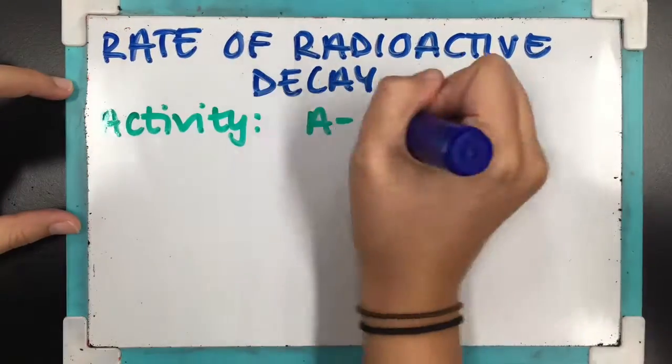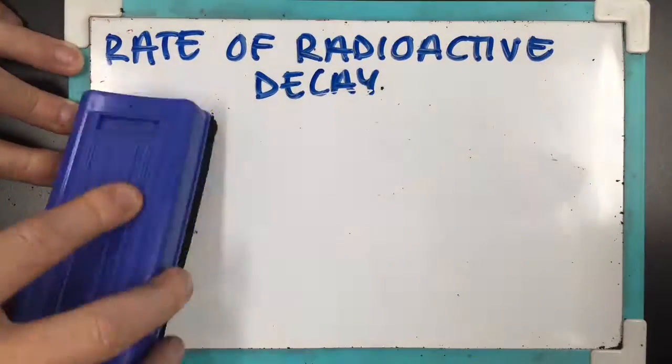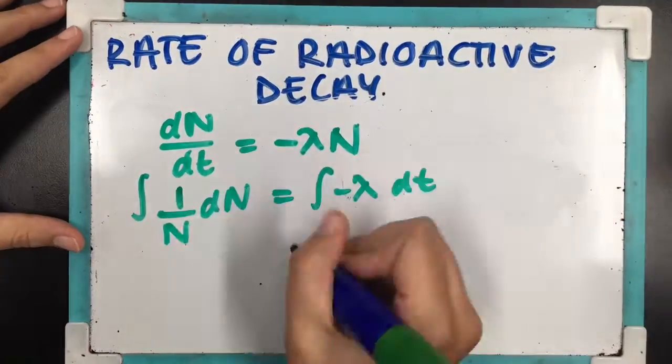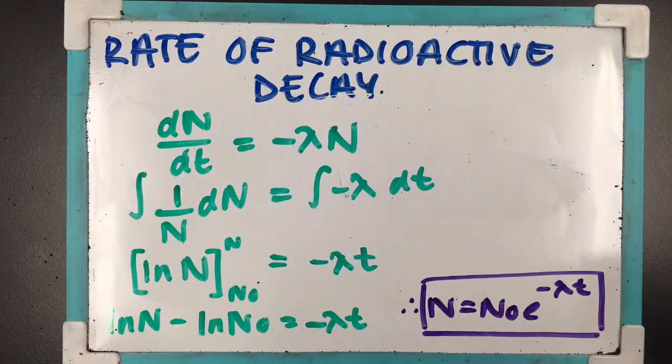Activity is the number of radioactive decays in a unit time. A decay constant, lambda, is the probability per second that a given nucleus will decay. Combining the 2 equations, A equals dN by dt and A equals negative lambda N, gives dN by dt equals minus lambda N. The solution to this differential equation is N equals N0 e to the minus lambda t,